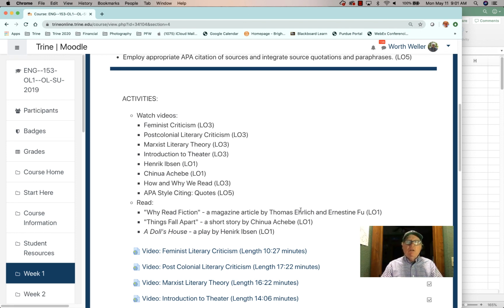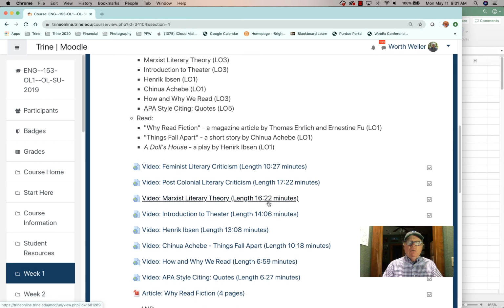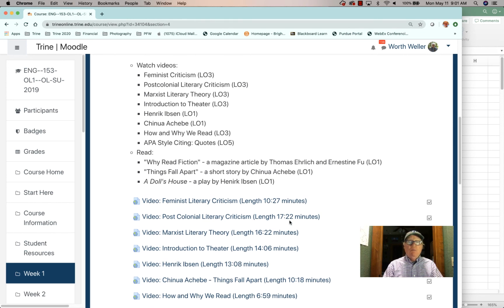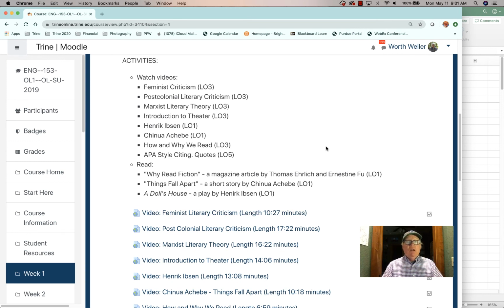So first of all, literary theory allows you to look at a work in terms of its historical components, in terms of how it's relating to history. For example, feminist criticism probably applies most specifically in this unit to the Henrik Ibsen play, A Doll's House, and many of you may have read that in high school. I'm not going to go into it in detail, but it's about a woman who feels constrained about her times, the late 1800s. So if you'll look at the video about feminist criticism, it'll help you understand.